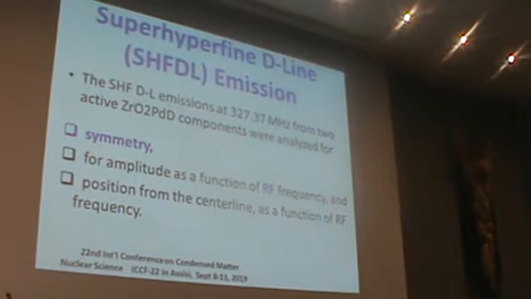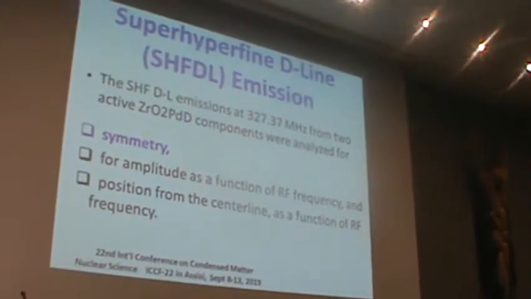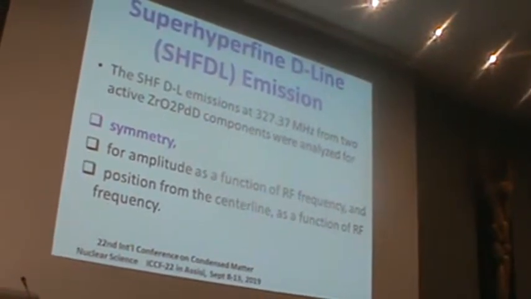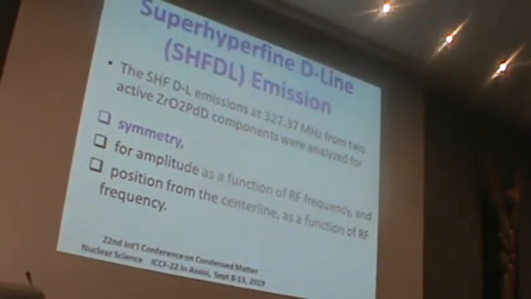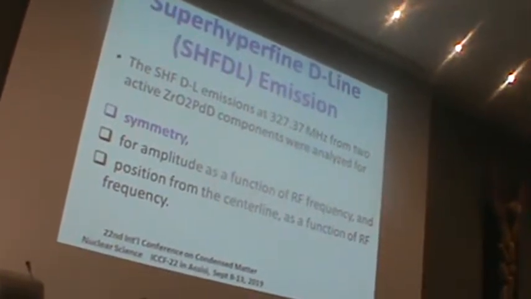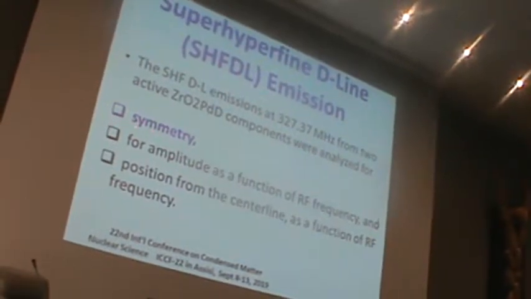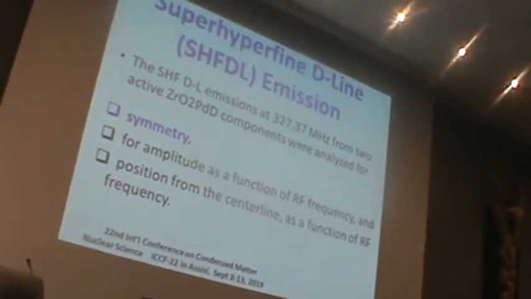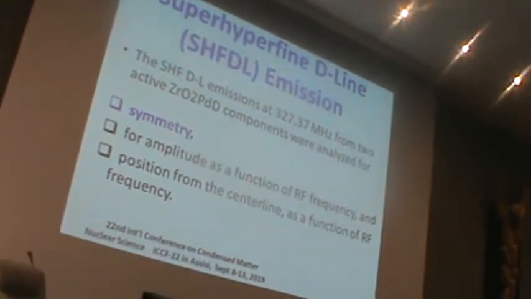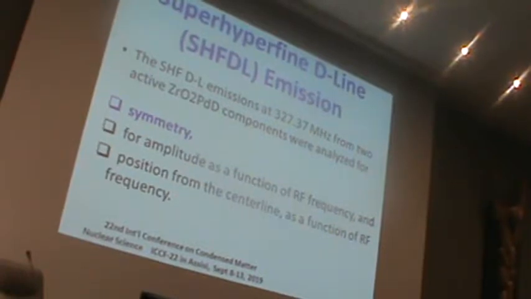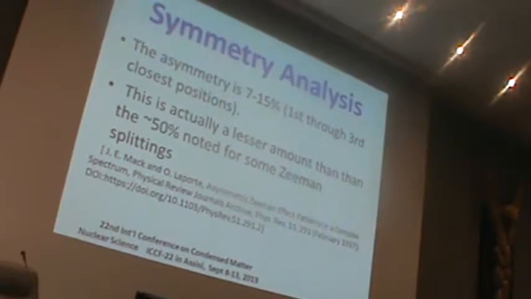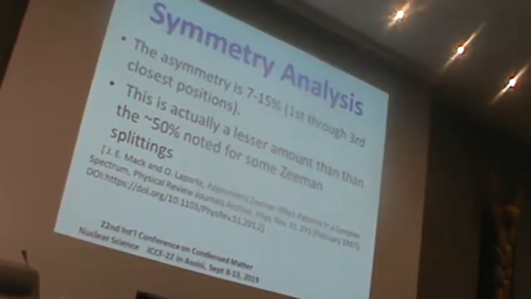So let's talk about the super hyperfine deuterium line emissions. And first we're going to look for this is zirconium oxide components. And we had 2 of them. The first 2 that we looked at, we got these lines from. And we did an analysis for symmetry, for the amplitude of these lines. You know, when you deal with optical systems, the center is always higher, and then it falls off. That's not what we see here, and that's another question I need from you people to tell me why that is. So the symmetry analysis has shown that